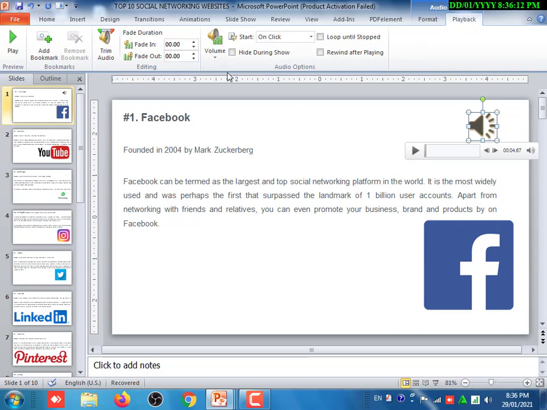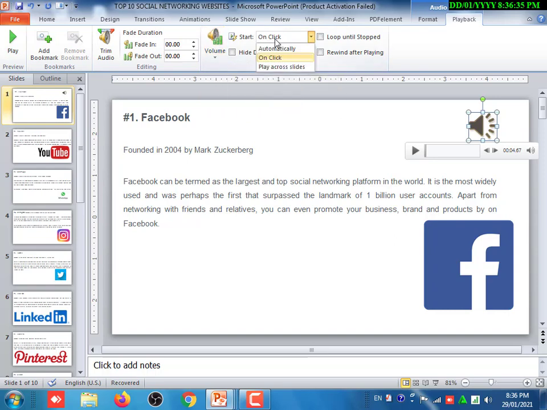Now this option is very important. The volume, I am putting very high, because if more audience are there and you put it low, the audience will get bored and they will not pay attention to the presentation. I recommend putting the high volume. Okay, then this is very important.